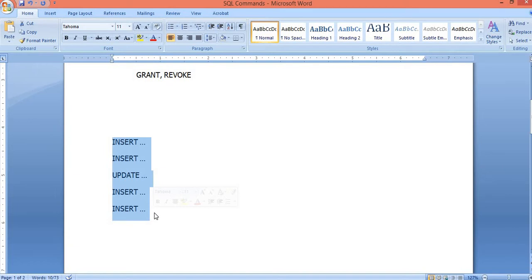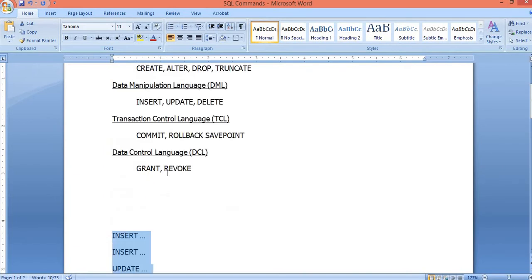If something is in the buffer and you switch off your computer, what happens? Whatever results you have in the buffer will be removed. So if you want those results residing in the buffer to be taken to the actual database, then you have to give the command called commit. So commit is a command meant for taking the results we have in the buffer to the actual database.